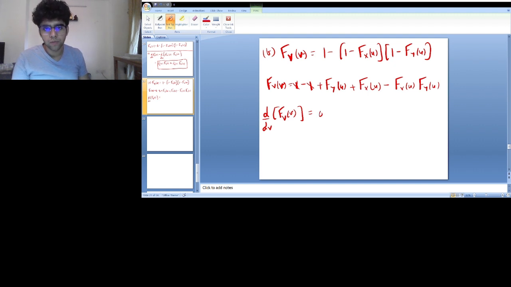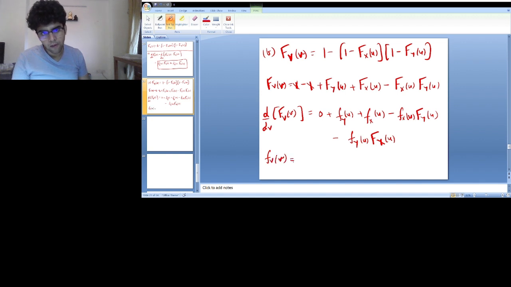So this gives me 0 plus this will become fy, the PDF of y, and now applying the product rule, this will give me fx Fy minus fy Fx, if I take Fx common and Fy common, this will give me my PDF of v as,